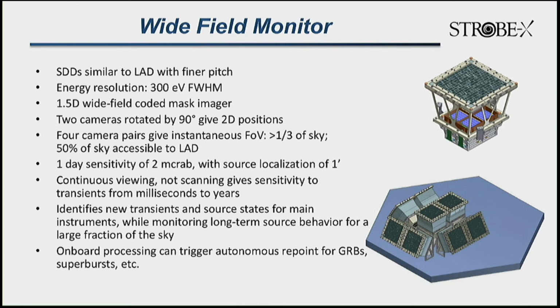And so you can see phenomena down at short time scales, milliseconds, and all the way up to years. So you get that huge dynamic range in timescales that's not broken up. You can even see QPOs in Sco X-1 all the time as it's in your field of view, and things like that. You can do a tremendous amount more, and you have that huge grasp of the sky, which lets you find rare events. So it's really a game-changing development to have a wide field, continuous viewing, not scanning, sky